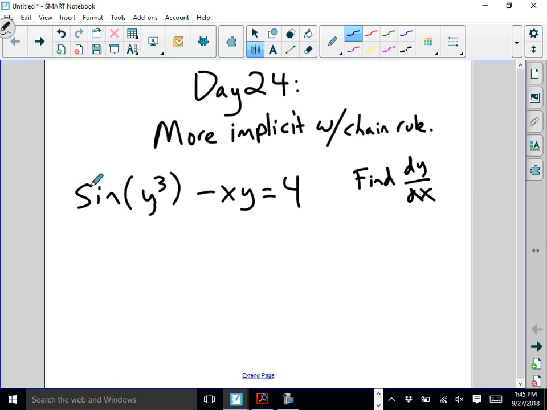What's a little bit different here is we do see a function, y cubed, within another function, sine of x. So we're going to have to use the chain rule to do this derivative. We also have to pay attention to the fact that we will be doing a derivative of y in there. Also, we see another product rule there with that minus xy. The only thing that's nice about this is that we have 4, a constant, on the right side of the